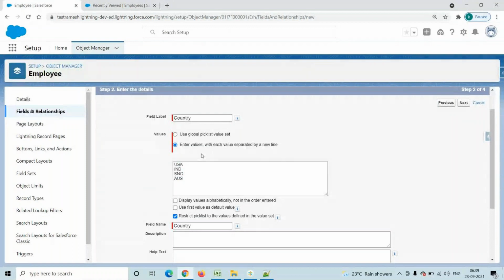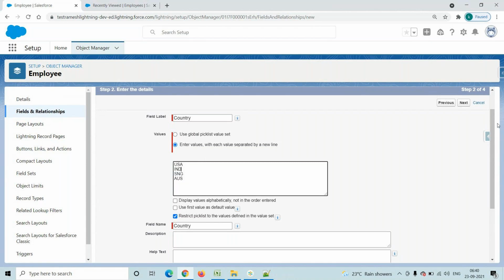Here you have to observe we are going with the second radio button. This is called a radio button. What is the purpose of the first radio button? When to go with the second radio button and when with the first, we'll discuss. And here you can add any number of values, it doesn't matter. It should not be like only 10 values or 15 values. You just go and add any number of values here.